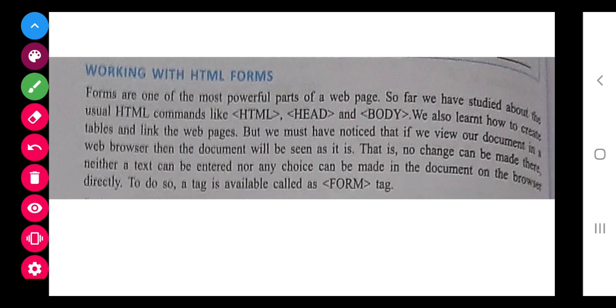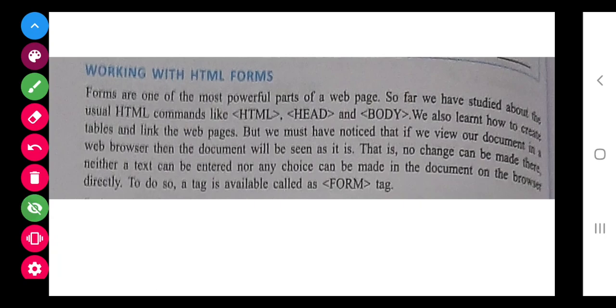Today we are going to study how to create a form in HTML. Form, you all know, is what you fill in for your admission, or that you fill in at the bank to take out withdrawals or to submit money. Similarly, different forms are available all over. So class, how do we create this form?